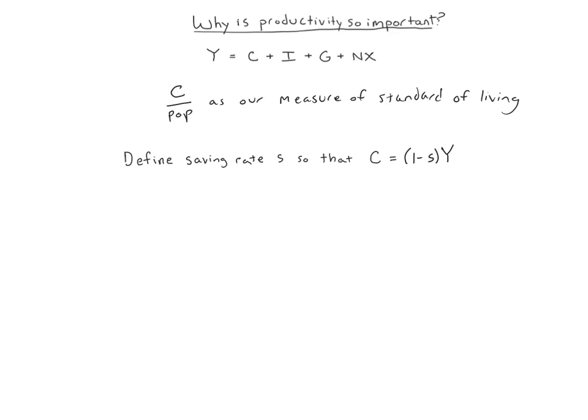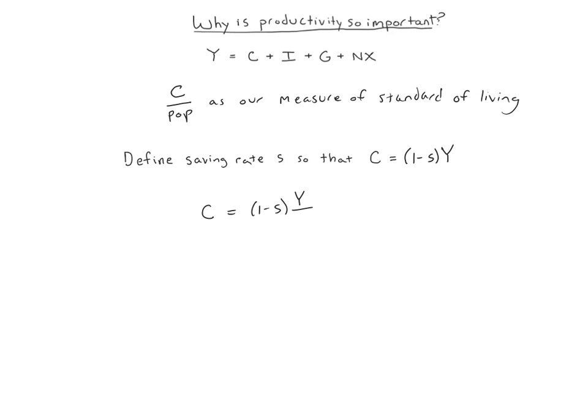But if you think of a closed economy, or an economy with not a lot of net exports, then this definition should make a lot of intuitive sense. Your consumption is whatever you don't save, so it's the fraction of GDP left over after saving. Now we can write consumption equals (1 minus S)